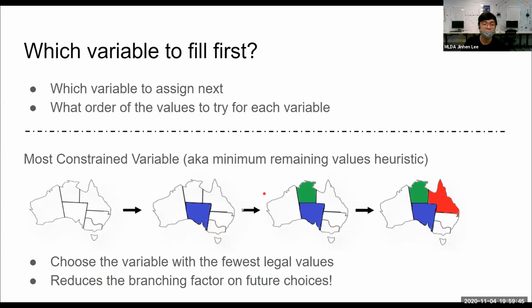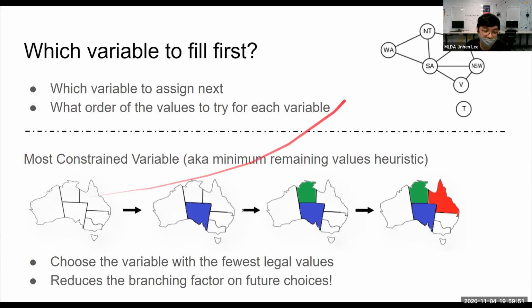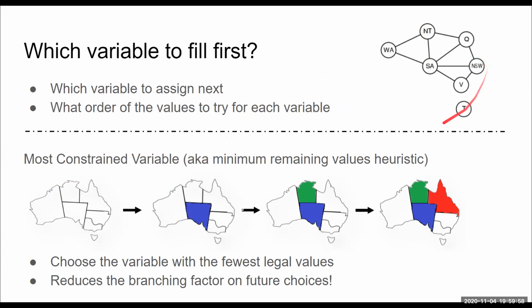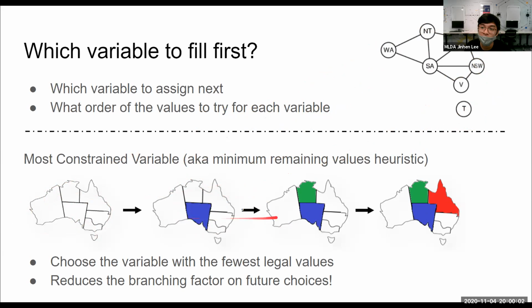So this will be another example I'm going to use. This is Australia. It can be represented as Western Australia over here, Southern Australia, NT, Q, NSW, and V over here like this. So this is a nodal diagram of this map. If I notice over here, SA is connected to 1, 2, 3, 4, 5 edges.